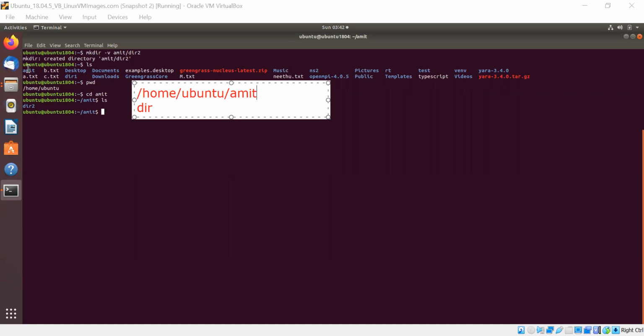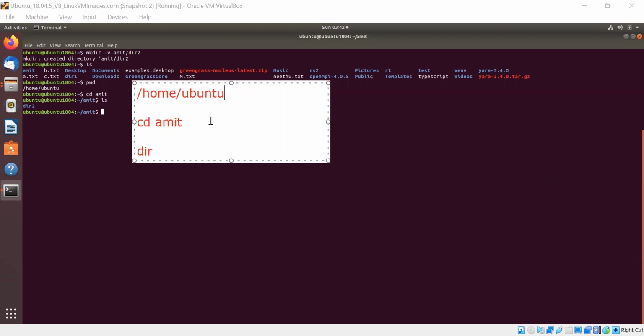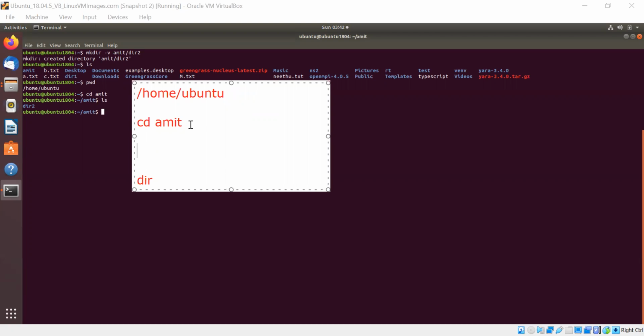If you want to go inside Amit, you just have to type cd and the name of the folder, Amit. Once you press enter, the path will change from this to this, and dir2 will be inside this.